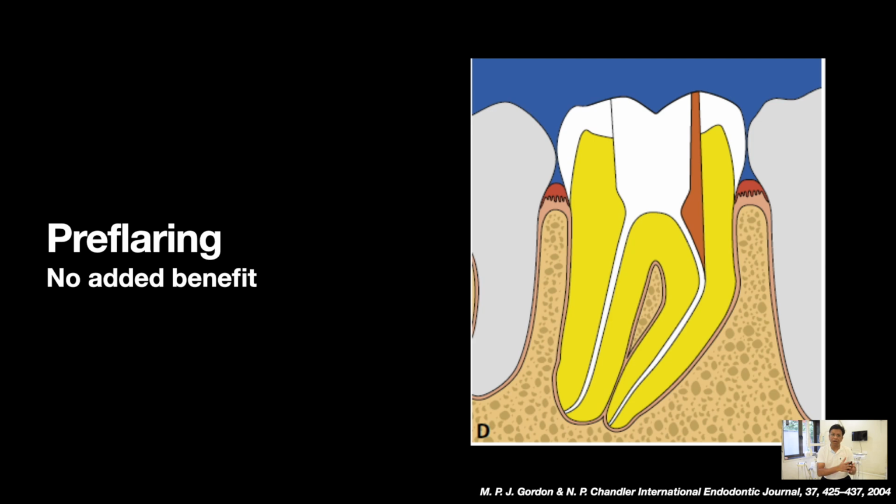Coming on to pre-flaring. Now there is this habit of many dentists that before I start my working length reading, we always pre-flare and make the file loose in the canal. However, research has shown that whether we are doing pre-flaring or not, there is no difference in the working length reading. So if possible, you can definitely eliminate this step. Once I have opened my pulp chamber, I can directly start with my working length reading without pre-flaring. Moving on to the apical foramen diameter.